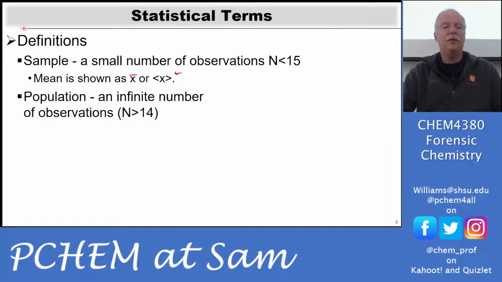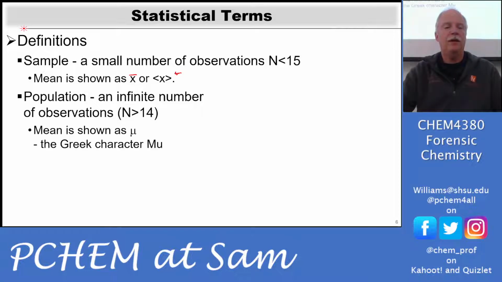If we have an infinite number of measurements, which you didn't know, but infinity is 15, okay, then we can use the mean and show that as the Greek character mu. So if we see a Greek character mu, or if we see a sigma for the standard deviation, we know we have a large number of measurements, more than 15. A lot of times in CHEM, when we were doing our linear regressions, we had 20 or 30 data points, and so we were reporting mu's and sigmas, and that allowed us, when we were doing our confidence intervals, to use the z instead of the t value to come up with our confidence intervals.